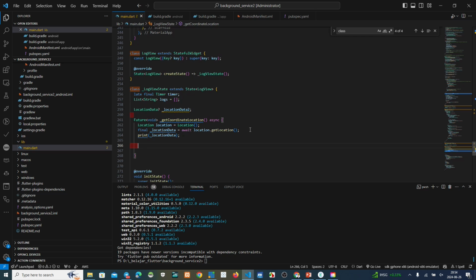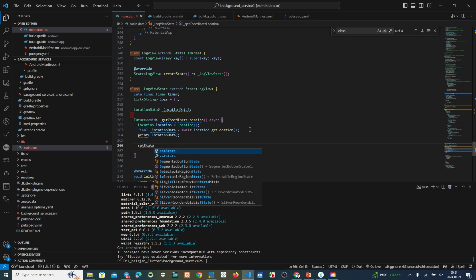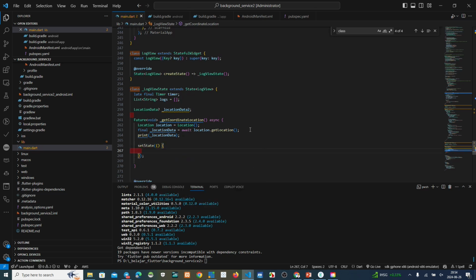Now we make a set state. So question data2 equals location data. Okay, finish.